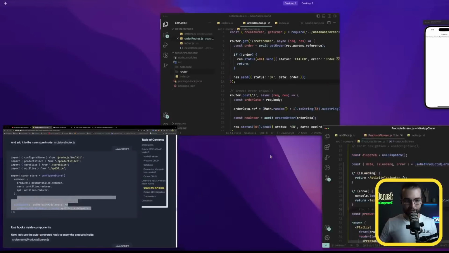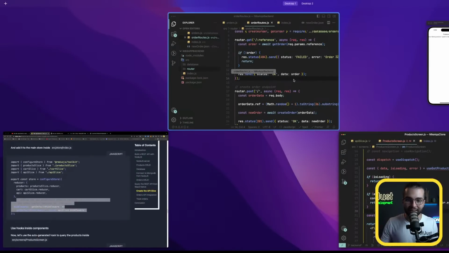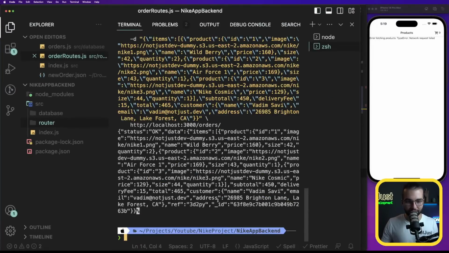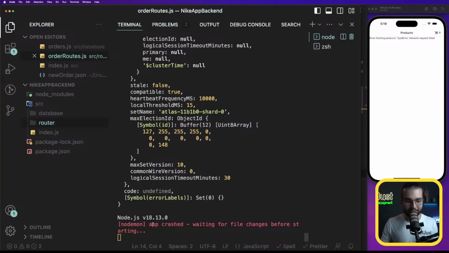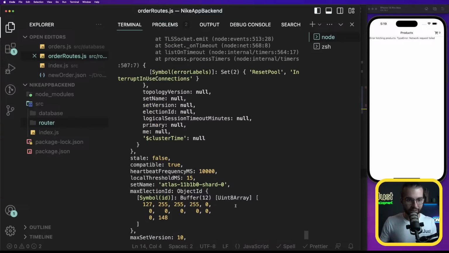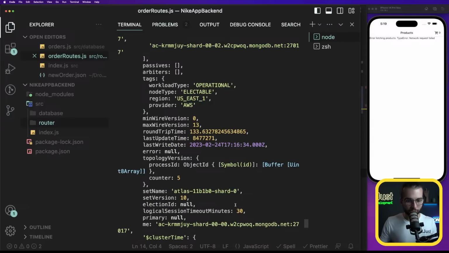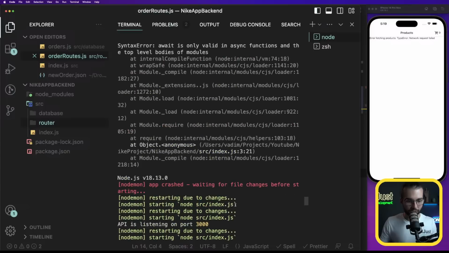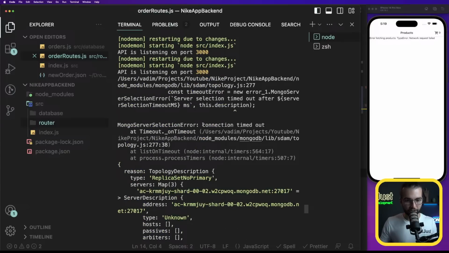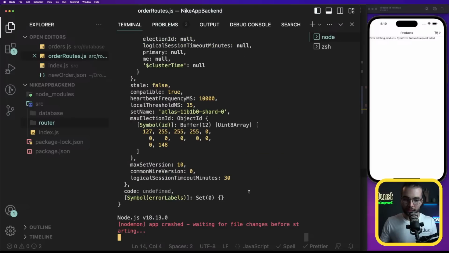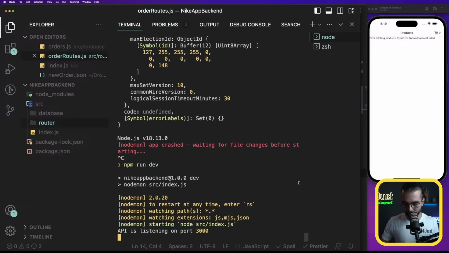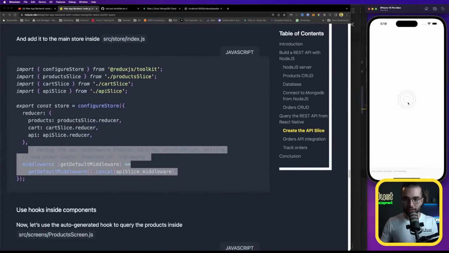And I suspect that something happened with our server. So let's go ahead in our server and make sure that it is still running. If I look, I see the nodemon crashed, waiting for file to change. Why it crashed? I don't know. Because maybe someone is trying to access it. Connection timeout. I don't know what happened there, but I'm gonna restart the server. And I'm gonna refresh my React Native application. It's loading and